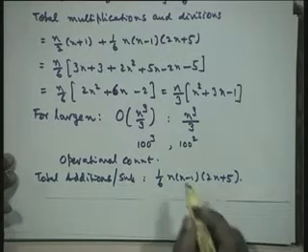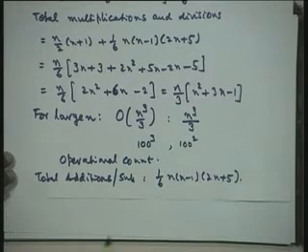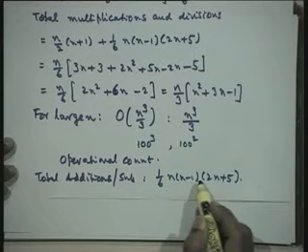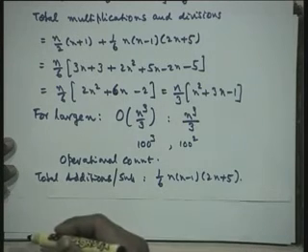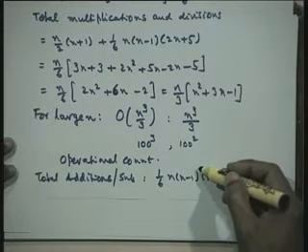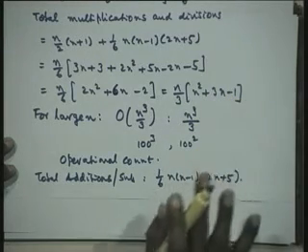Now, with this you would be able to say how much time exactly a particular problem is going to take, because I know the number of additions and subtractions, and I know the time that is taken for each addition and subtraction. So, I can just multiply the total number and give exactly the computed time it will take once you know the CPU speed and the times taken for these operations. You can immediately count it and say this is going to take this many seconds or this many minutes for this particular problem.